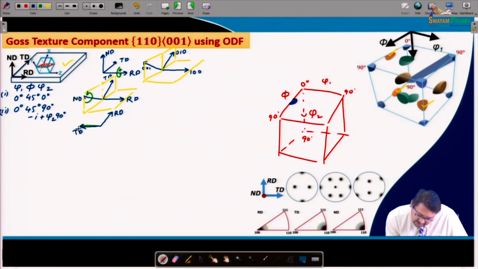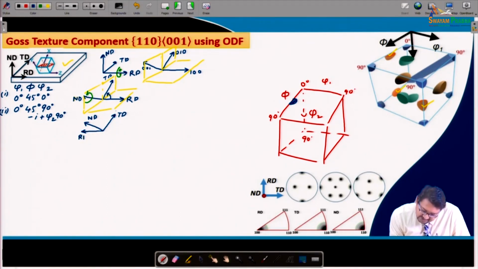So, this is TD after the rotation. So, the rotation is taking place like this. So, let me delete and make it once again for clarity. So, ND remains the same, the RD goes to TD